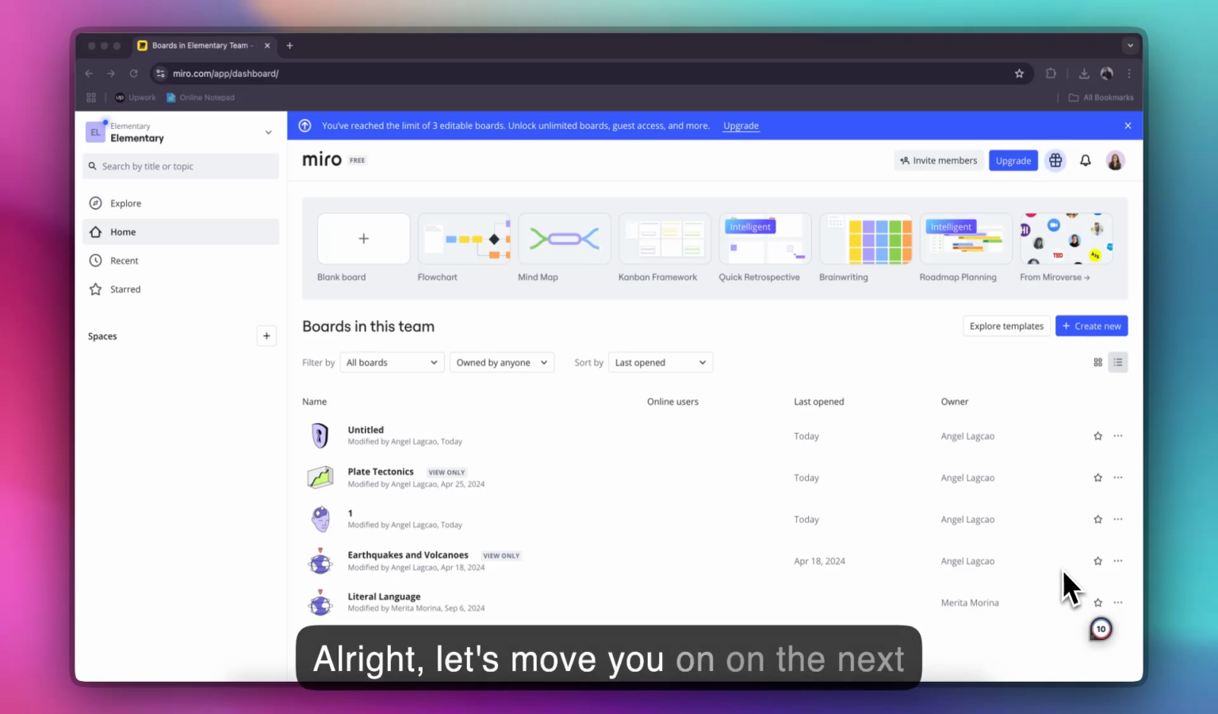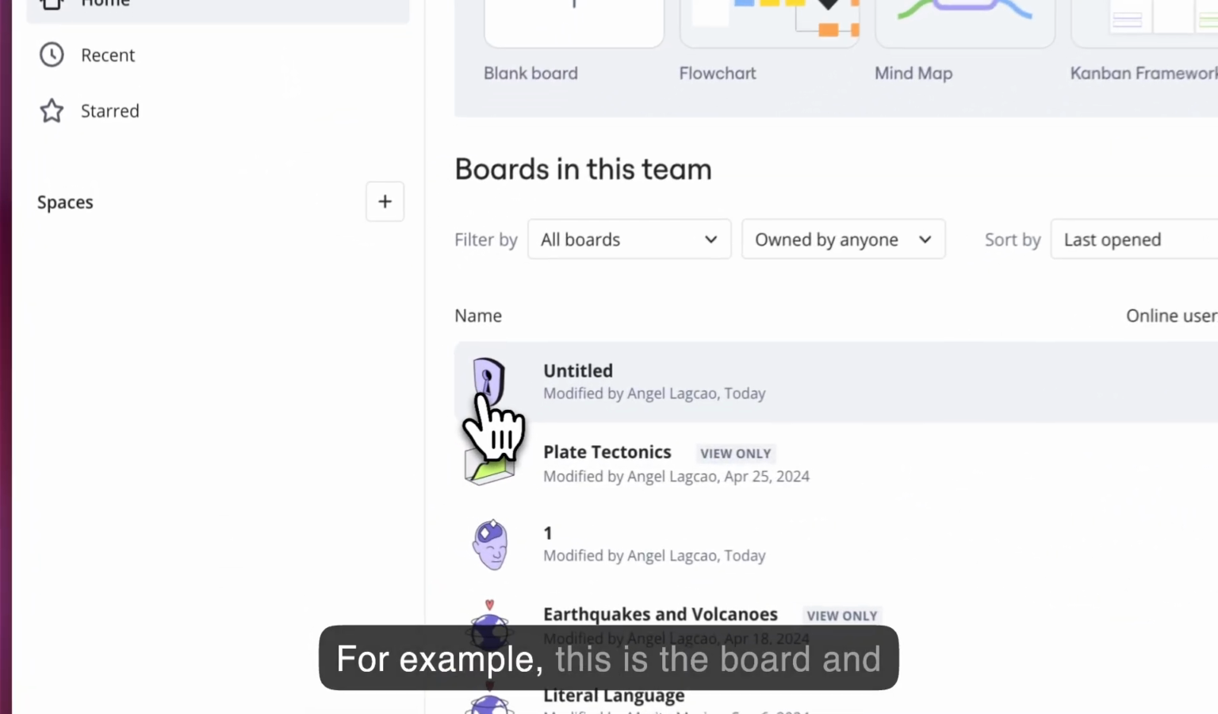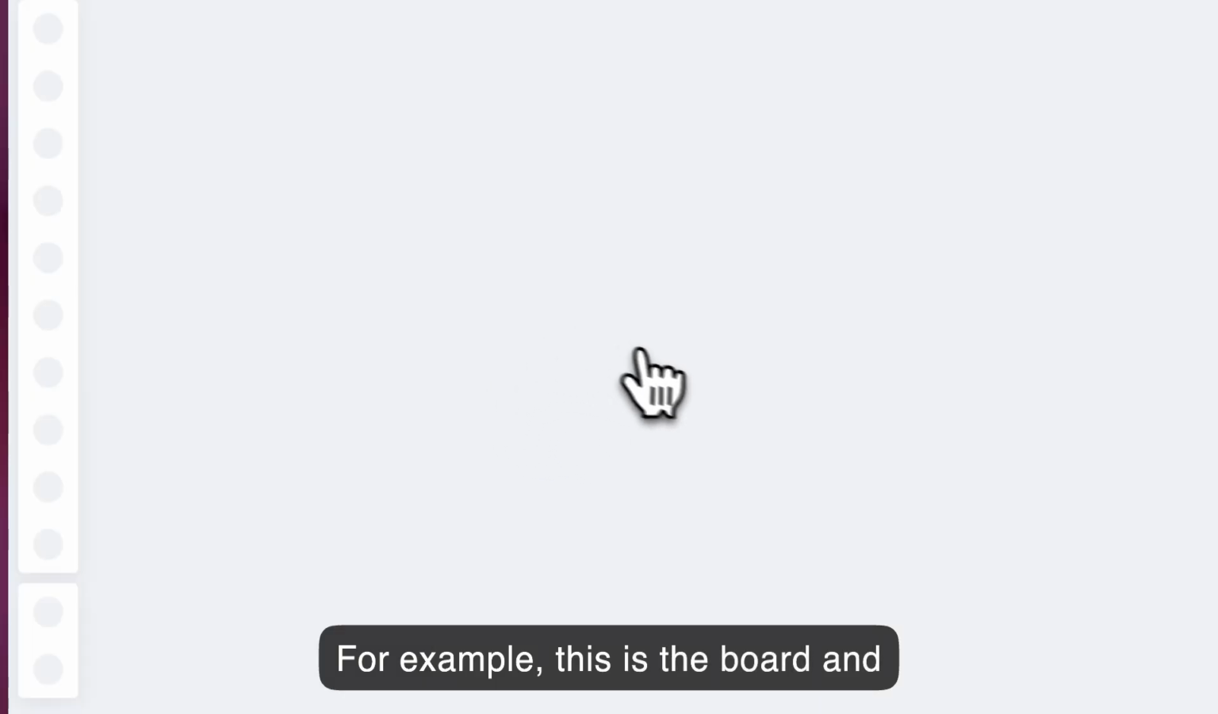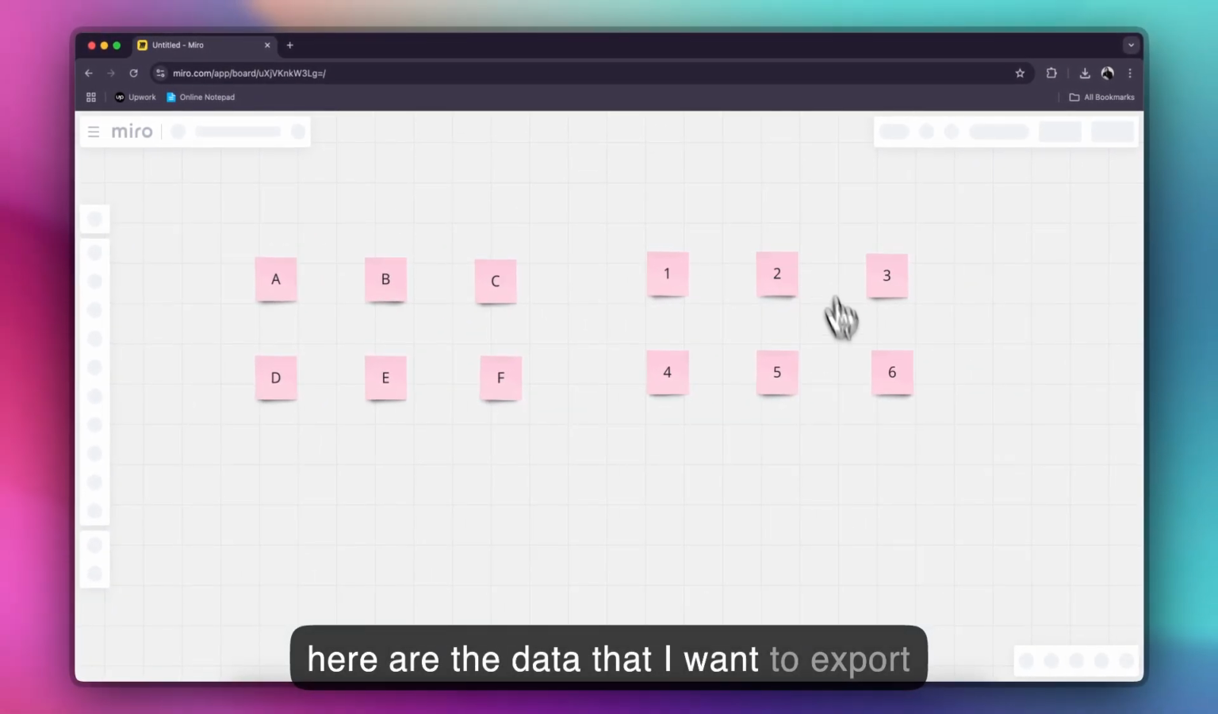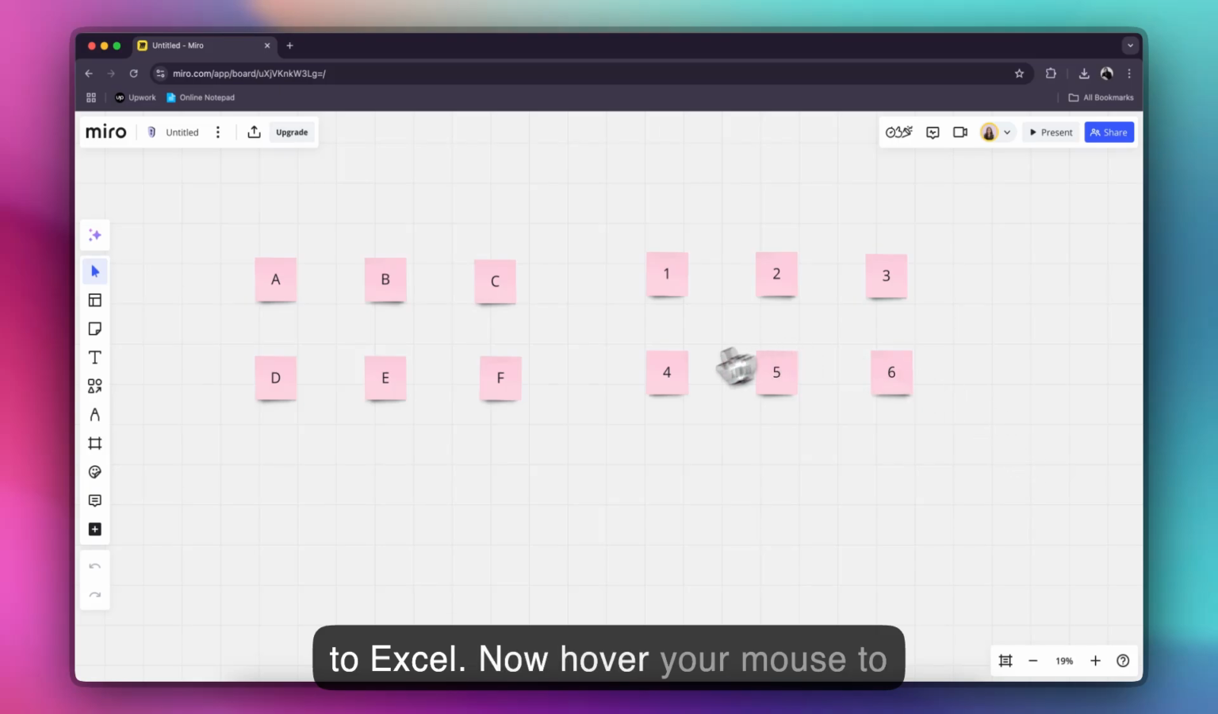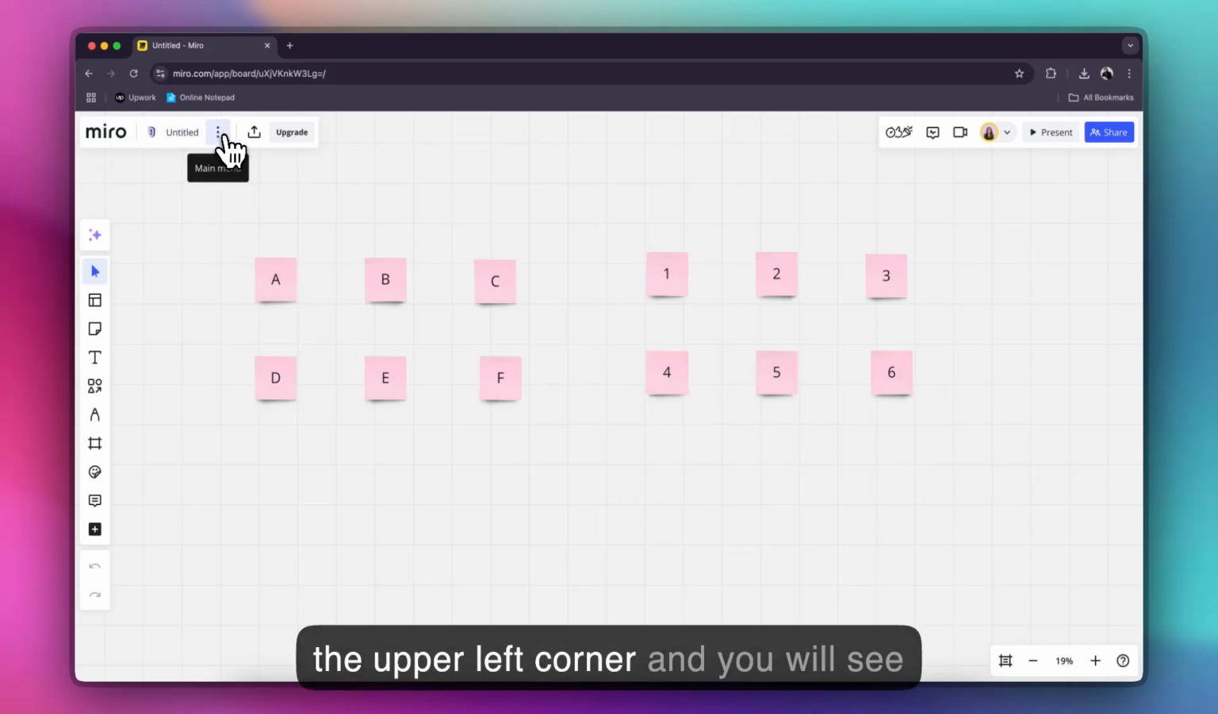Alright, let's move on to the next step. So let's go and select the files. For example, this is the board, and here is the data that I want to export to Excel. Now hover your mouse to the upper left corner and you will see this icon, which you can use to